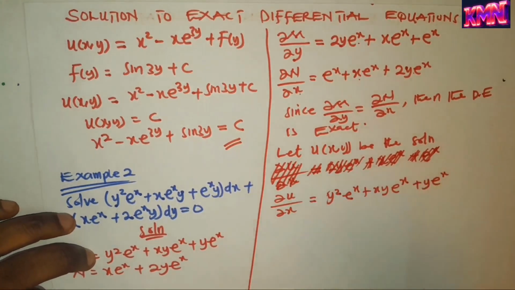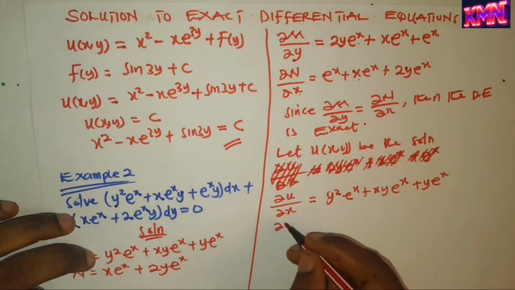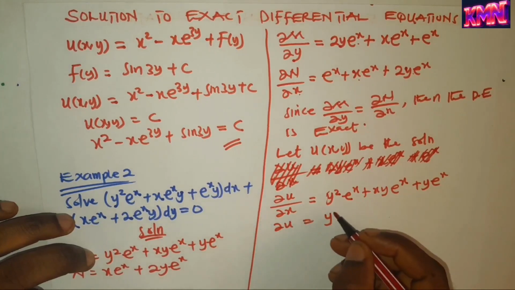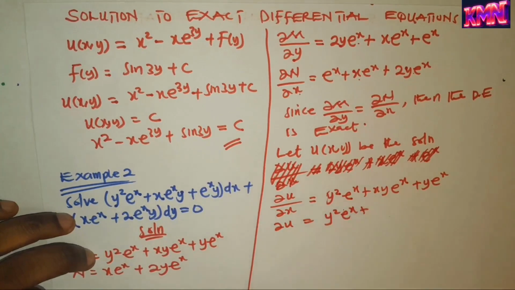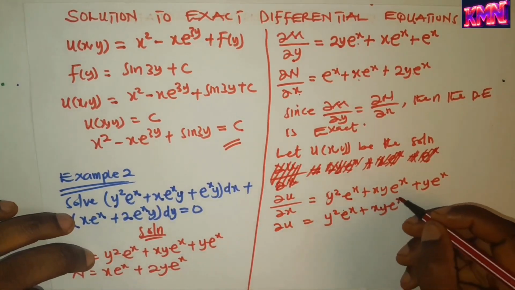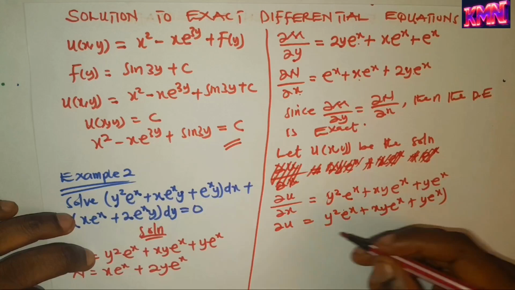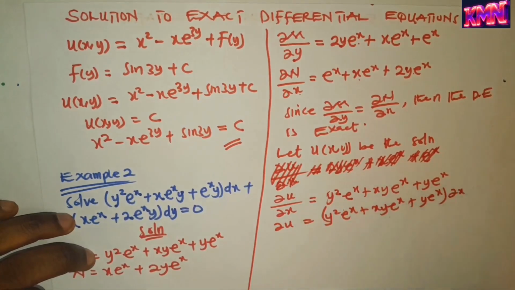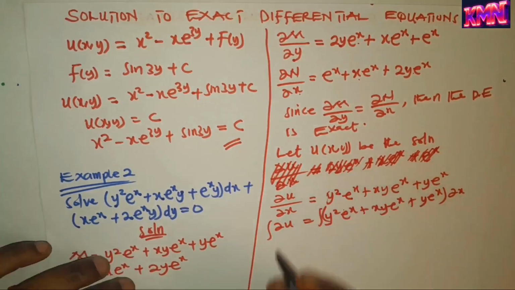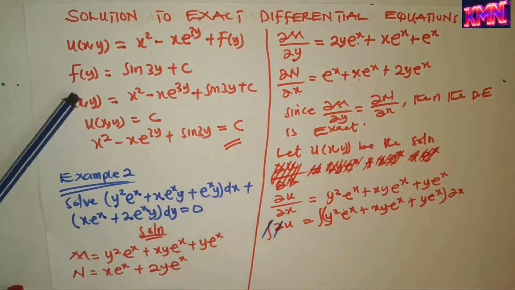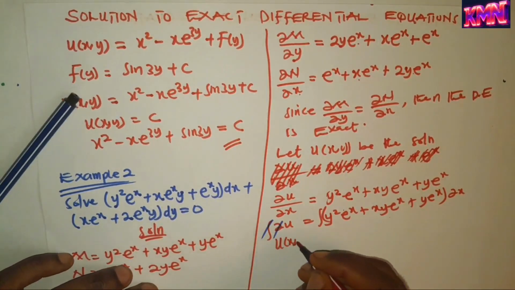Now we need to find the u at xy, and in doing so we have del u del x equals y squared e power x plus xy e power x plus y e power x. Then we integrate both sides. This cancels that, and now our u at xy is